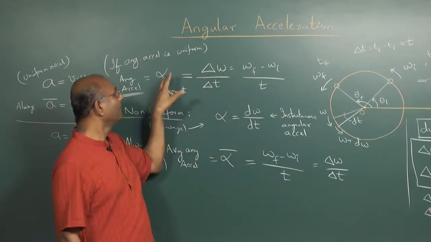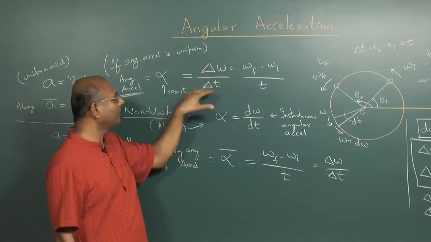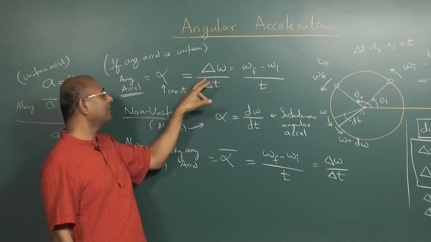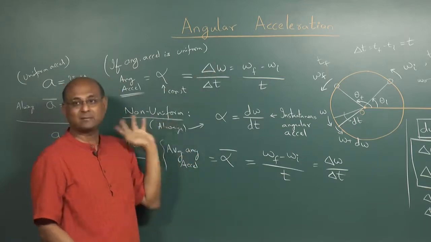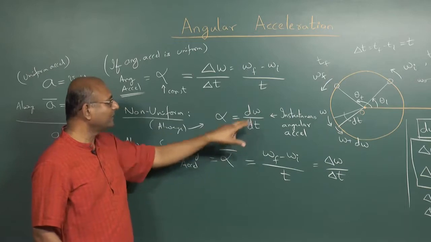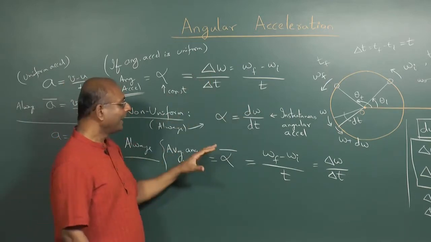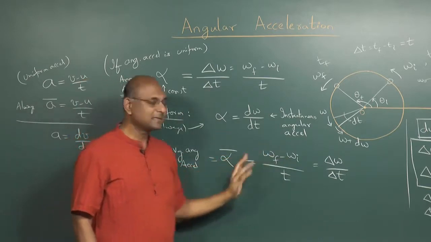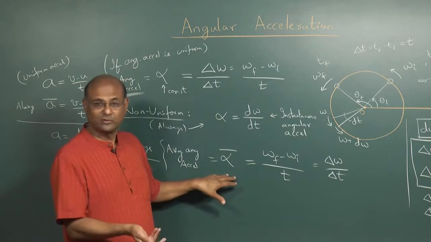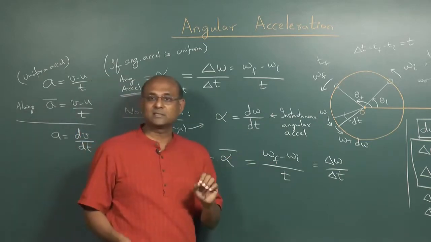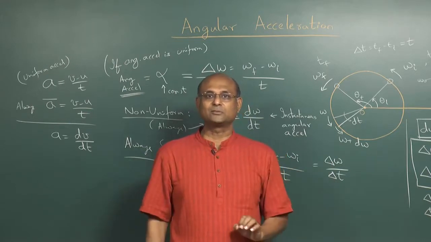So basic idea. What is angular acceleration? Rate of change of angular velocity. So delta omega by delta t. If it was uniform, then you can make this itself the statement. If it was not uniform, then you think of this time interval as really small, so you write it as d omega by dt. And if your time interval was not small and it was non-uniform, then you will say average angular acceleration is the change in angular velocity divided by time. Let us do a couple of questions to understand this better.